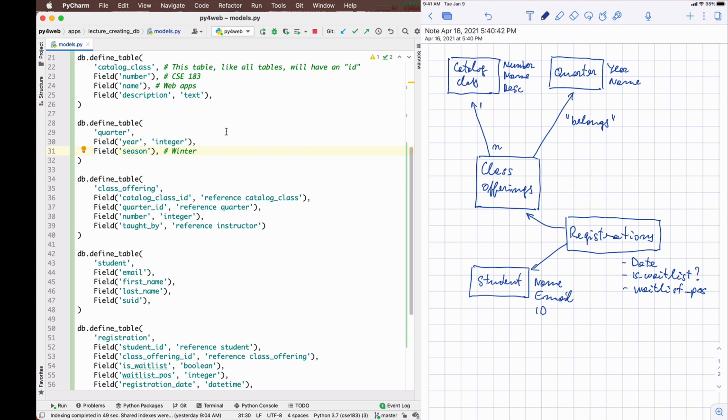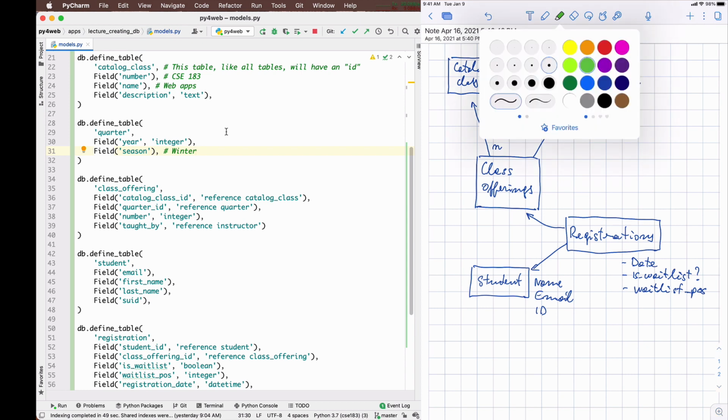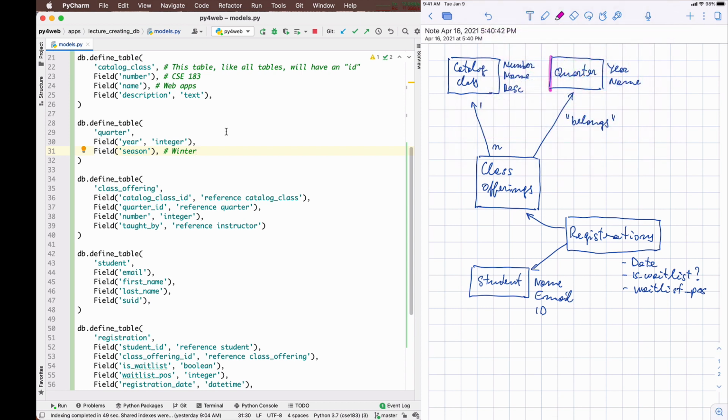If I delete a quarter, what should I do to the class offerings that quarter? Should I delete the class offerings, or should I simply label them that they do not have any longer a quarter to which they refer? This choice is encoded here, in the reference between a class offering and its quarter.